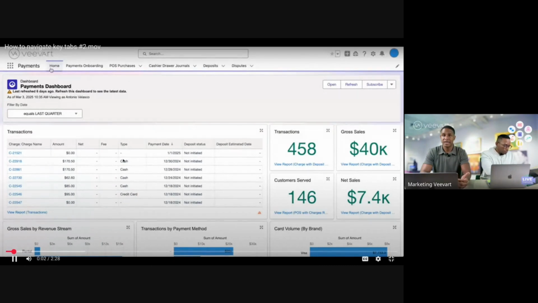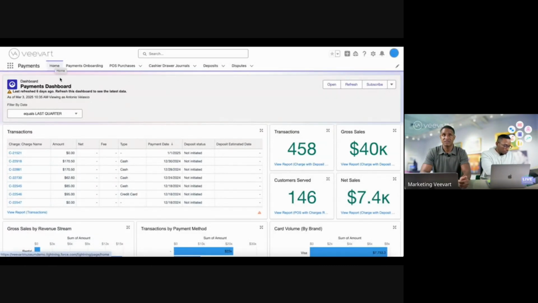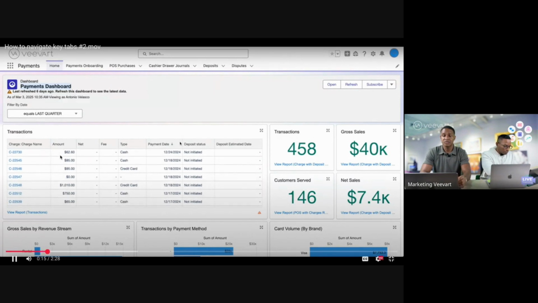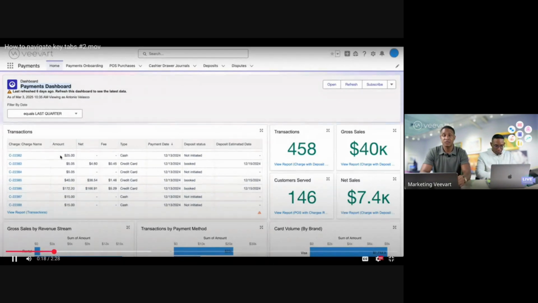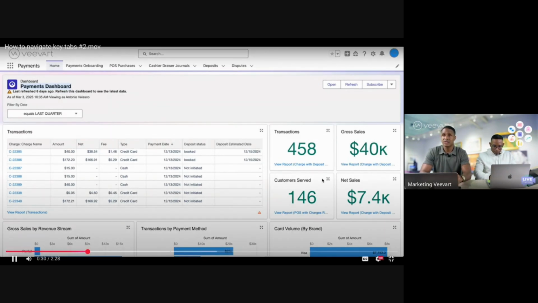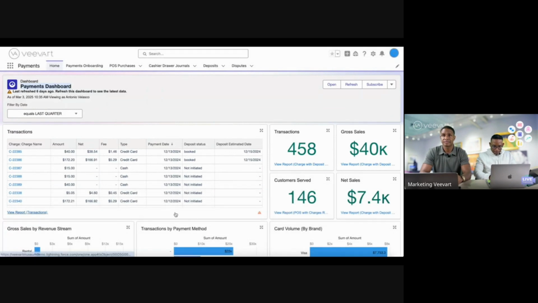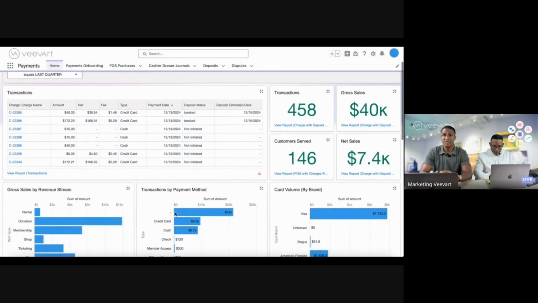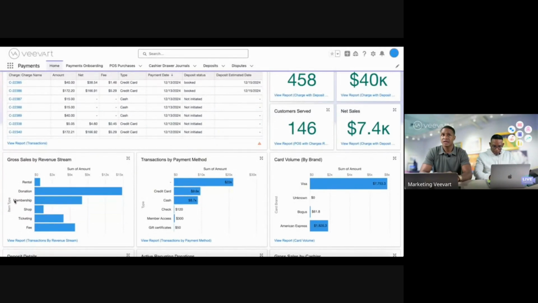We are under the home page in the Veevart Payments app. You can see the title of the dashboard, payments dashboard. We will be able to identify different reports included in this dashboard, such as transactions, total of transactions as well. As you can see on the right side of the screen, we have gross sales. We also have customers served, net sales. And if we scroll down a little bit in this screen, we are going to see gross sales by